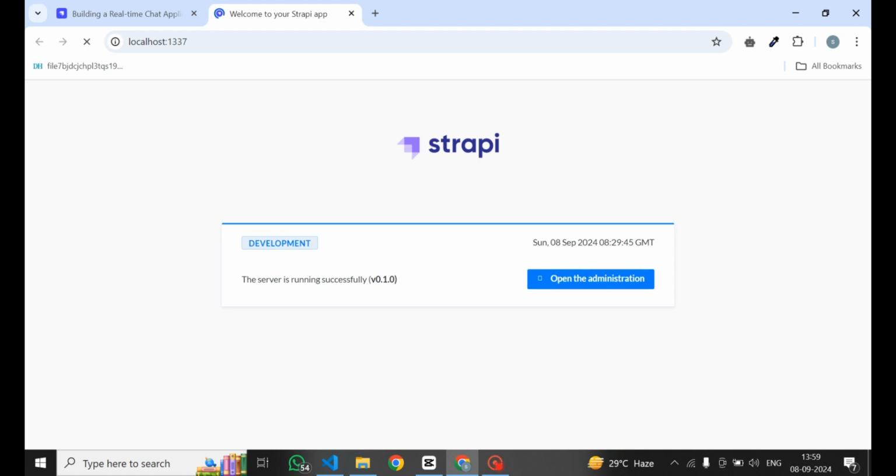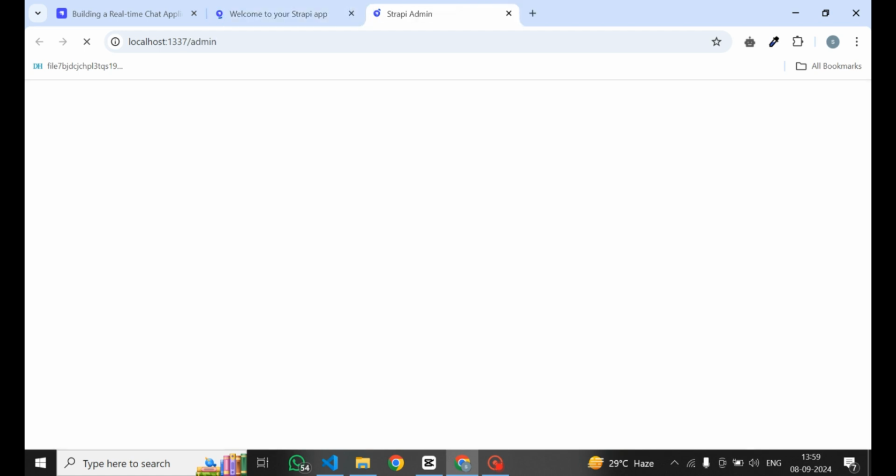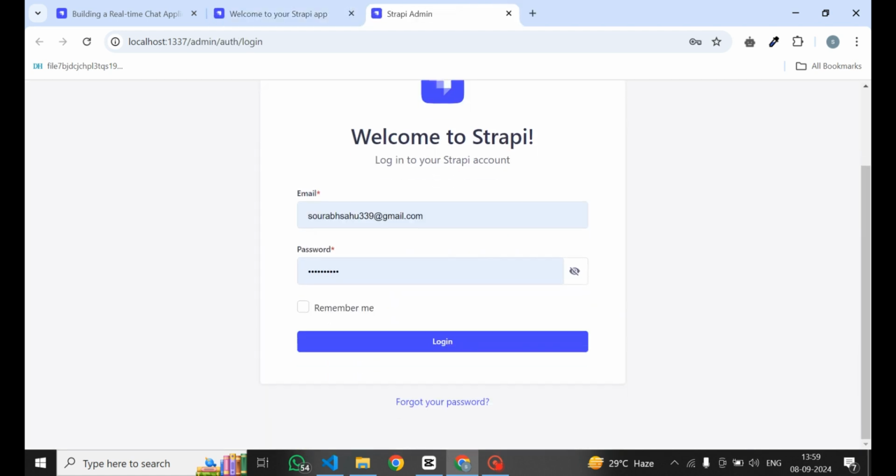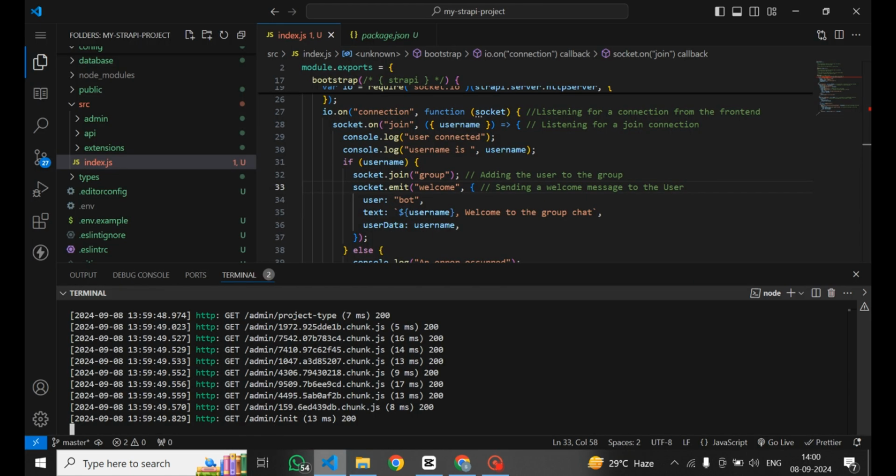We click on that. It will navigate to the dashboard, and you have to register first. It will give you a register form, but because I am already registered, it's showing that I can log in with this. Yeah. So it's running, and when we connect our front end and send a request to it, I am also showing